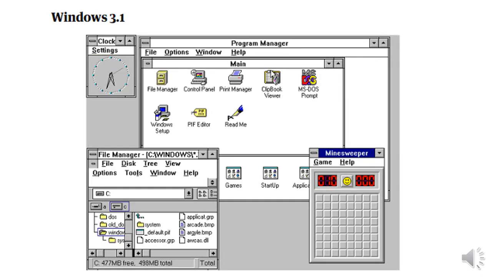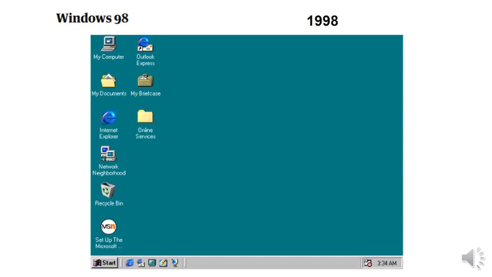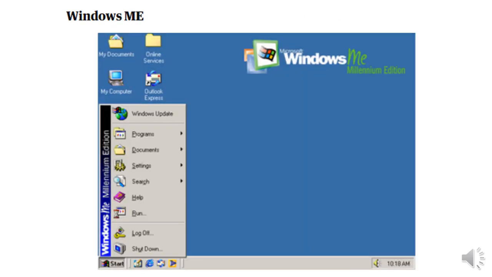Then Windows 3.1. Then a major change came with the name Windows 95. Then in 1998 it came as Windows 98. Then in 2000 it came as Windows Me. Me stands for Millennium, that is Millennium Edition.